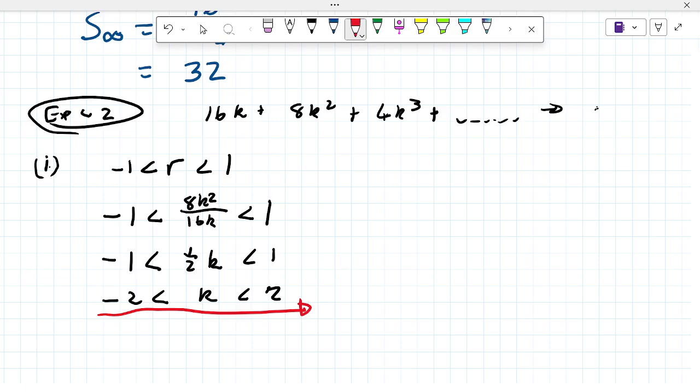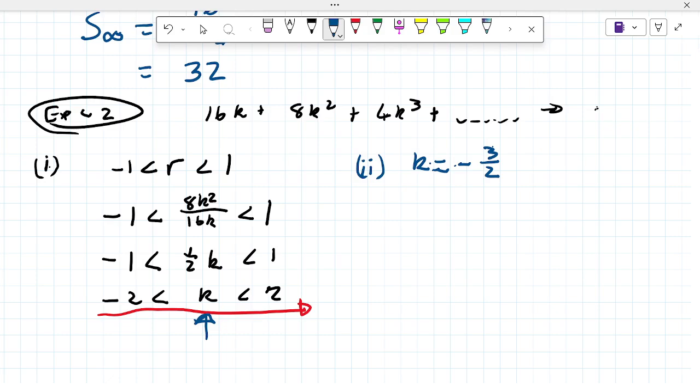Now you see this when you read your exam papers: if you didn't get number 1, you should get number 2. Because number 2 is saying, I give you K. I tell you K is minus 1,5, so that minus 1,5 is 3 over 2. Now the question is, is it converging? Yes, it is converging. K is greater than minus 2, but smaller than 2.